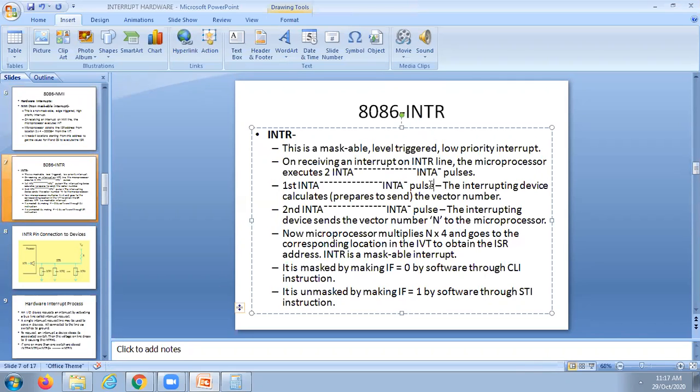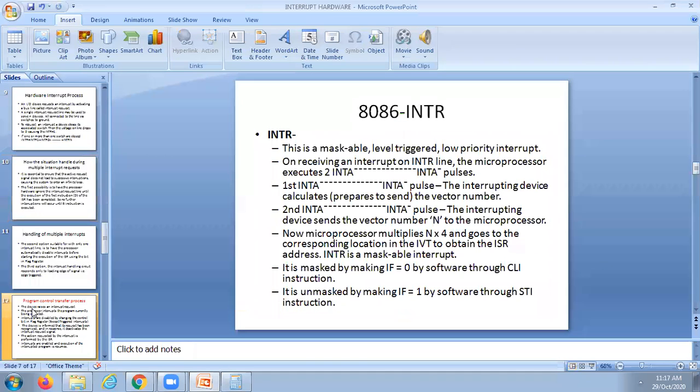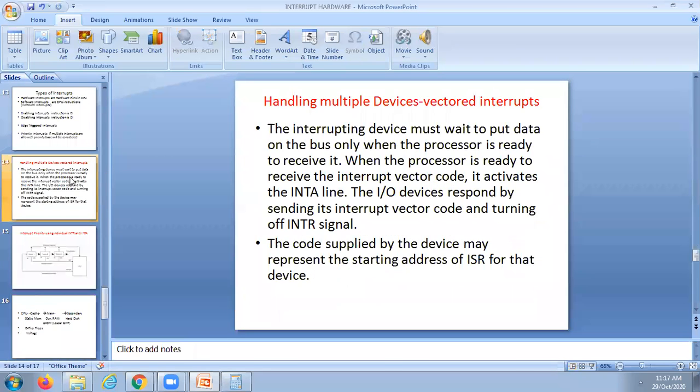So the first INTA pulse calculates the vector number. Then in the second one, it sends that to the processor. The same thing is here; there is no difference. When it is ready to receive the interrupt vector code, it activates the INTA line.